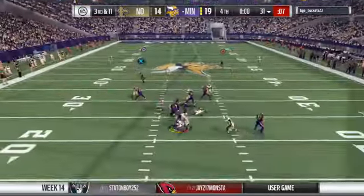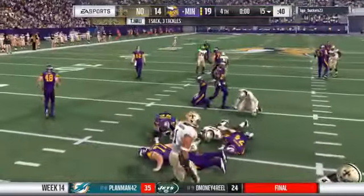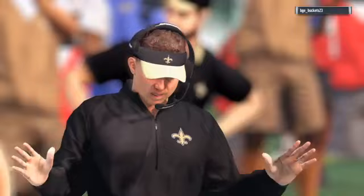Bridgewater to throw. Now he's hit, and Bridgewater loses the football. Really a great game that we just...